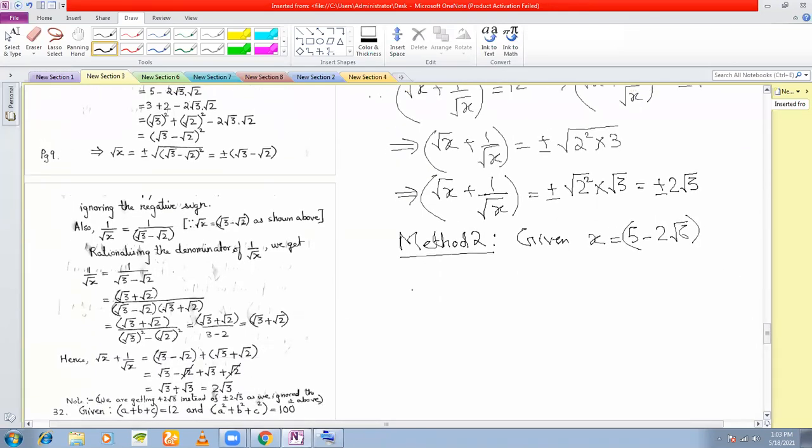Okay, now what we'll do here is we'll write x as a perfect square. That is, this part we are going to express as a minus b whole square. How to do this? See, 5 minus 6 we write as 2 into 3. Next, under the radical you have 2 and 3, you separate them. Write it as root 2 into root 3. Now see, this is our 2ab term. So this must be our a square plus b square term, isn't it? So how do I express this as a square plus b square?